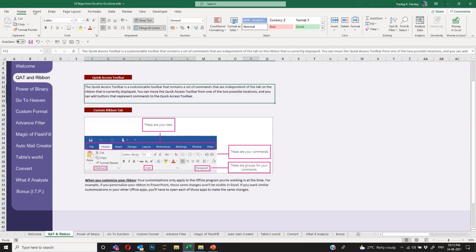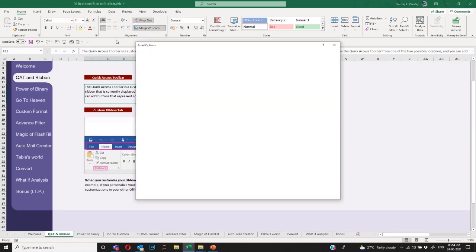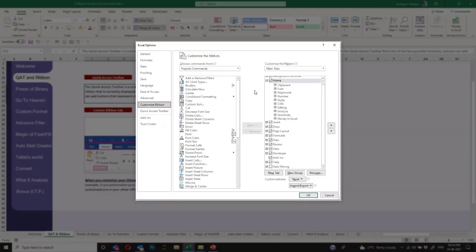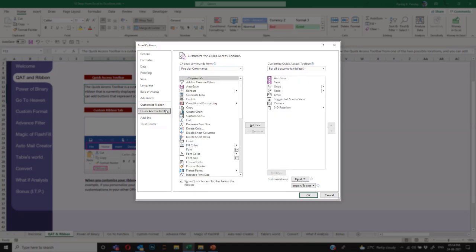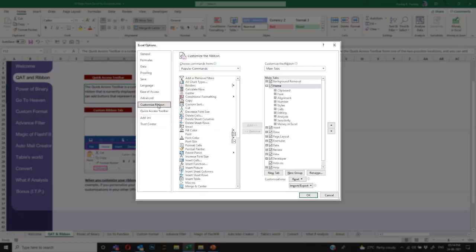For that, we will right click anywhere on this and go to Customize the Ribbon. When we customize the ribbon, you see we are in the same section as the quick access toolbar, but here is the quick access toolbar and here is the ribbon. We'll talk about the ribbon. In the ribbon, you can see the names of all the tabs. When you click on this, you can see the names of all the groups in Home: Clipboard, Font, Alignment.